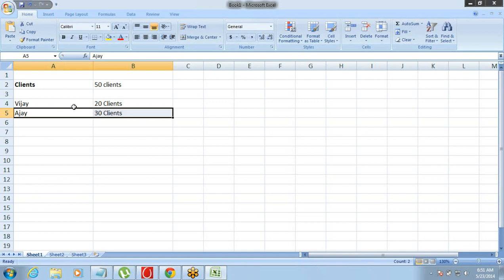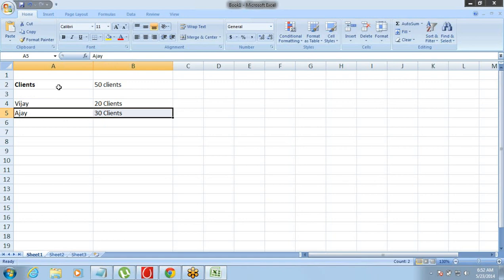Fine. So we have just two project managers here. There could be 100. So it's not possible to actually go and define which project manager will see my data and who will not see that. It's not possible, right? Even if it is possible, it will make things very complex. So for that reason, they have kept it very simple. You have to go and make the data either private or public. So the sharing setting will be either private or public. Private means only the owner will get to see the data, right? Public means everyone will get to see all the data.